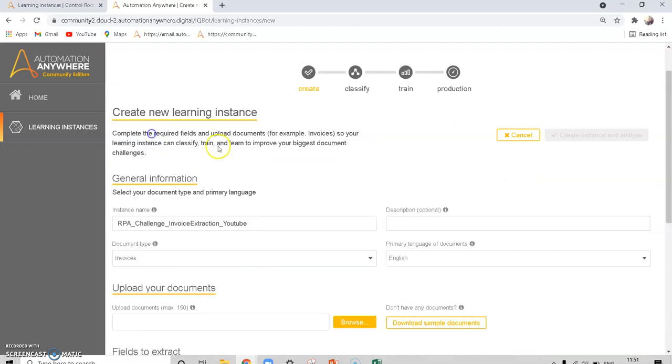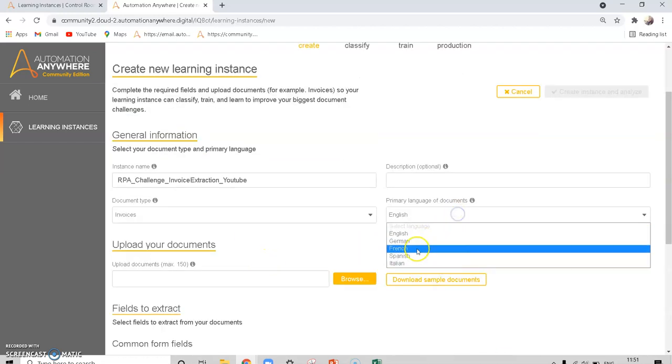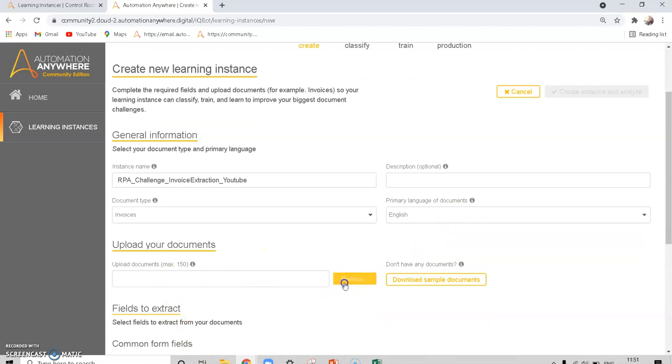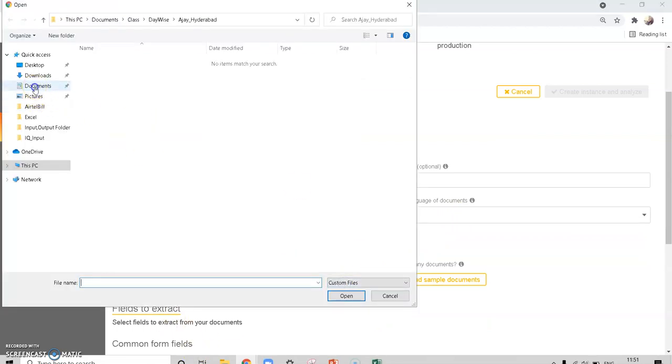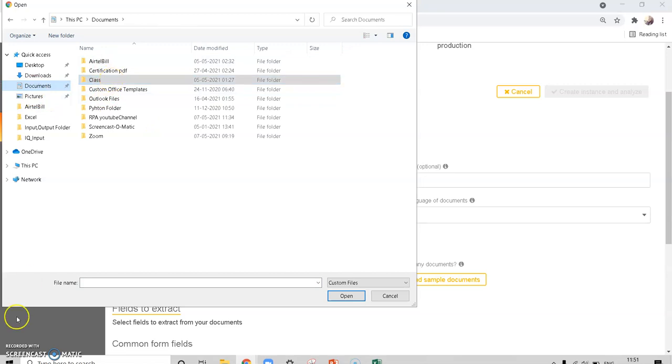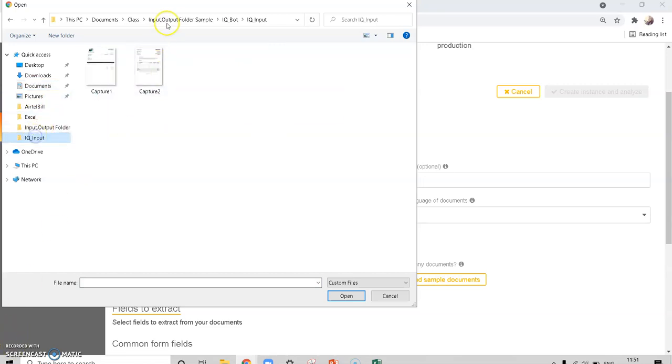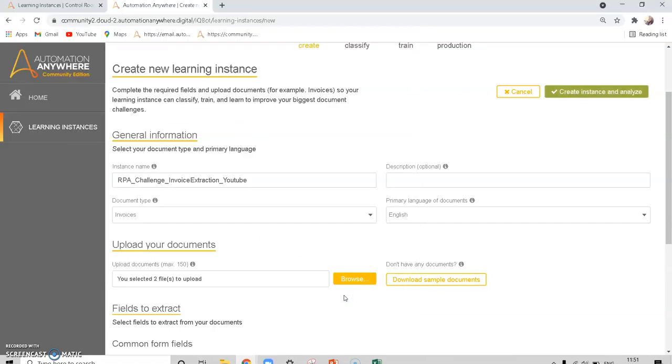It has many languages; we can use English, and we can upload those two documents.